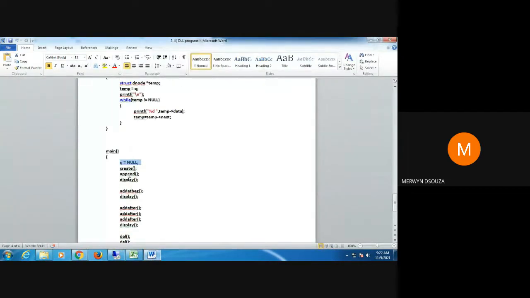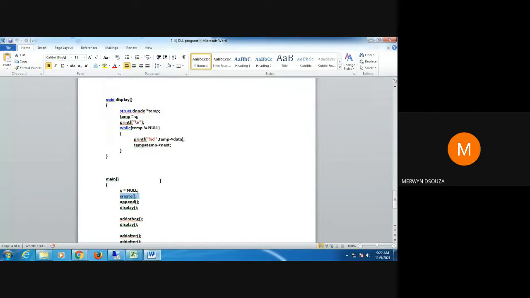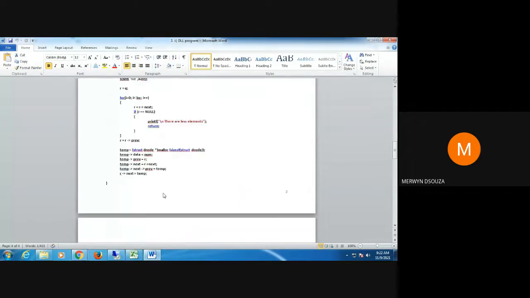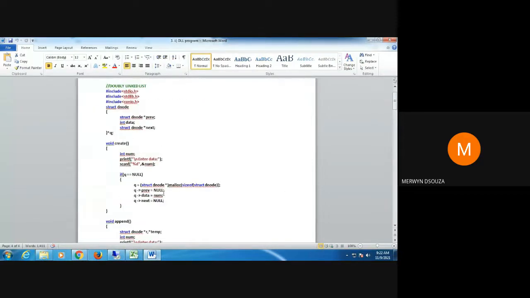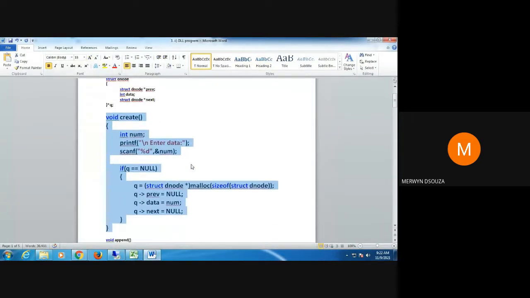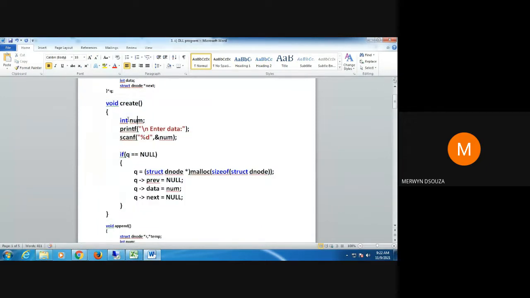Then we call the create function. Basically the create function is going to create our very first node in the doubly linked list. So when I call the create function, this is your create function here. This is a variable that will be storing the input entered by the user.